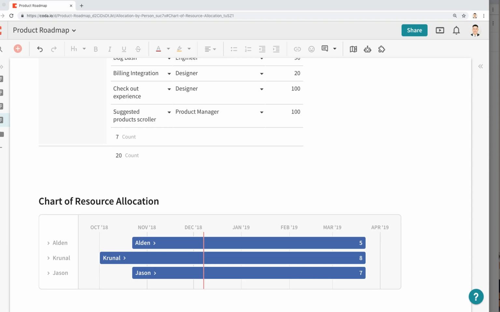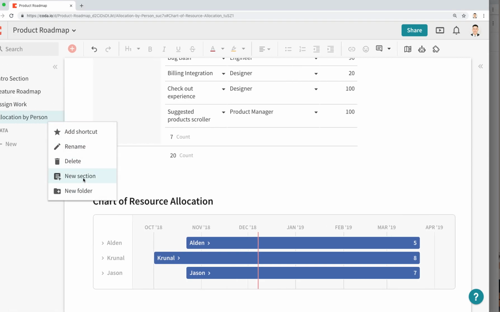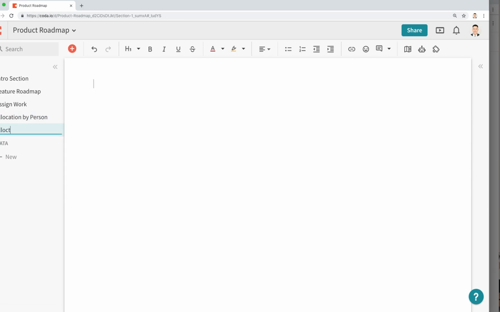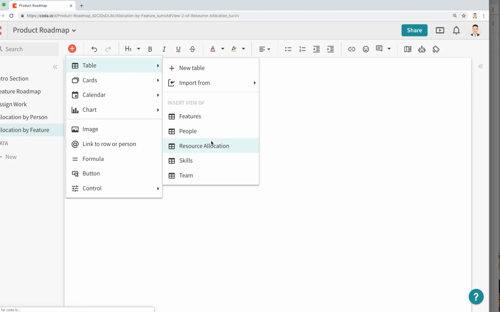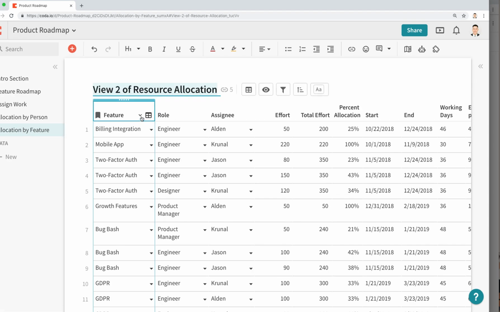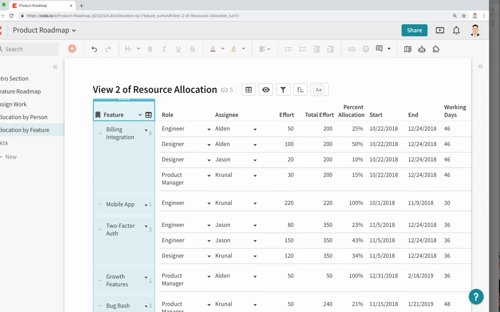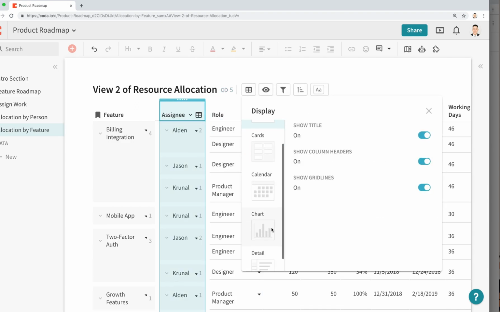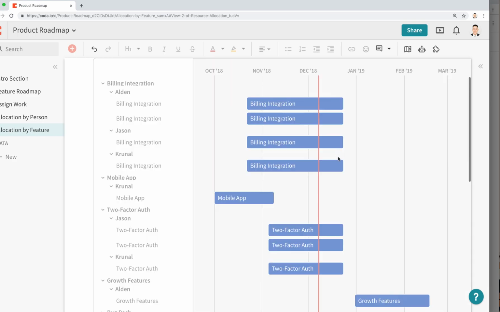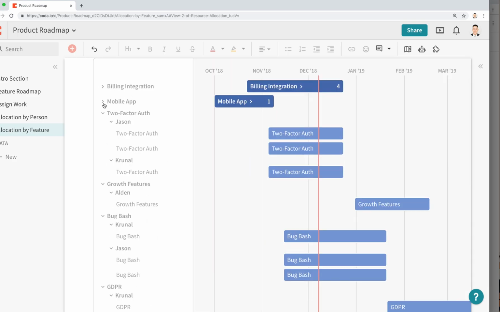All right, so let's look at one more way to visualize our allocation. Let's look at allocation by feature. This is going to be very similar to what we just did, but by feature. So if I do resource allocation, I'm going to group by feature this time instead. And then the opposite, I'm going to group by assignee secondly. And if I change this to a Gantt chart, now it's basically the opposite of what we